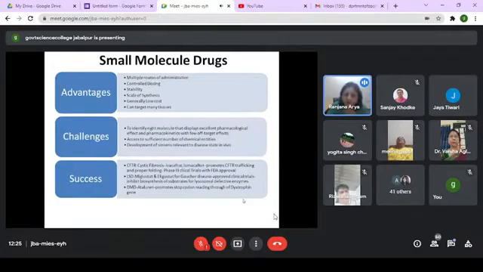Small molecular drugs are easy to handle. They can be easily administered to the patients, and you can very smartly control the dosing of those small drugs. So the dosage, you want that patients should not see the toxic effects of high doses of a particular drug, and you have to limit the dosage.